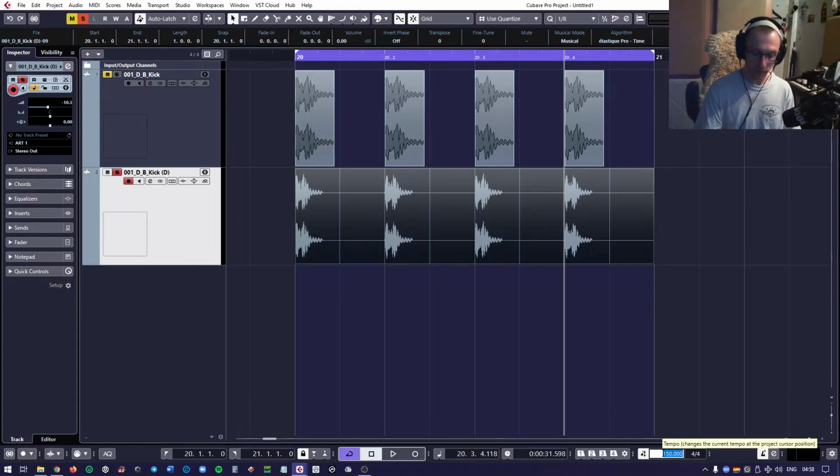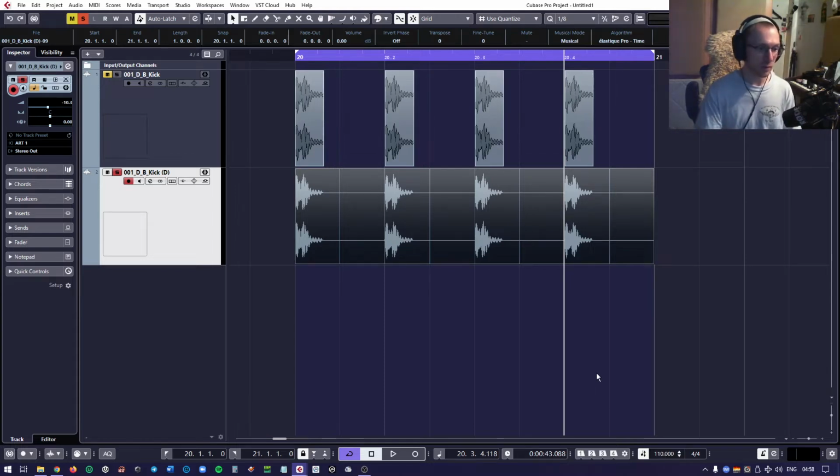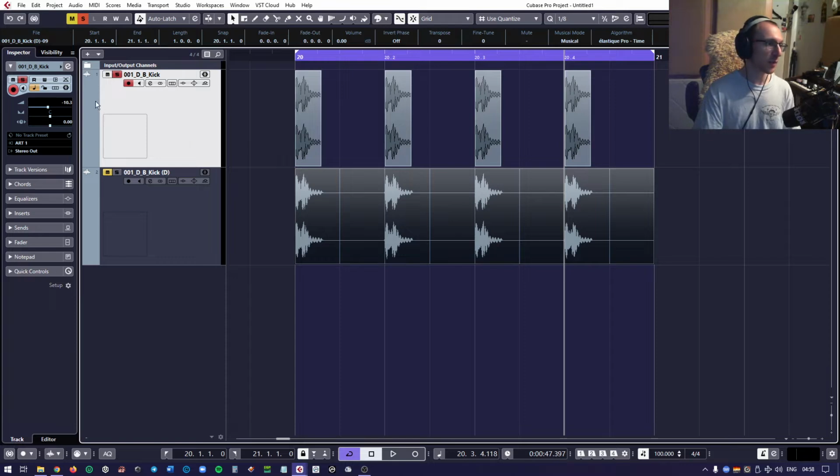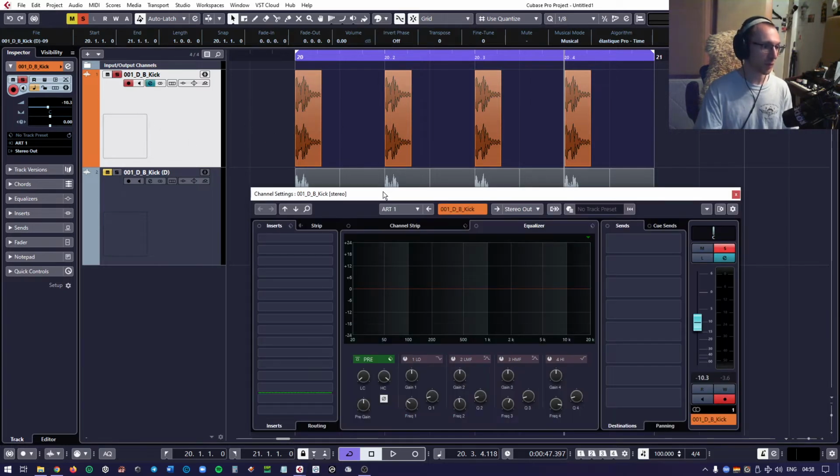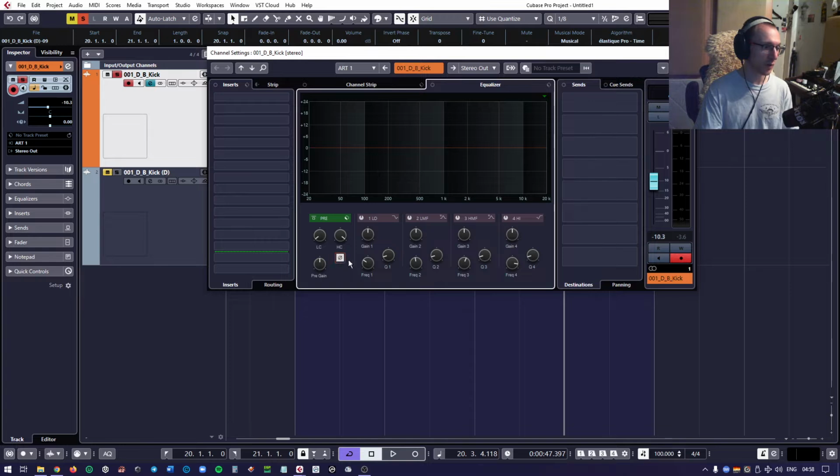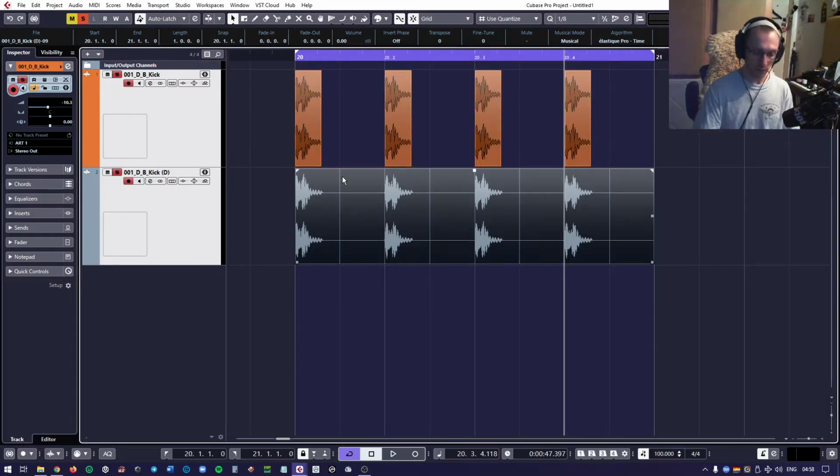Now that can be very annoying, because what it means is that the quality of the audio is going to be affected. Now I can demonstrate this clearly by showing you, if I just change the color of, let's say, this one here. So the top one is our original kick drum sample. Now what I'm going to do is I'm going to just invert the phase on the top kick drum sample. Okay, now if I play them both at their original tempo of 100 BPM now,